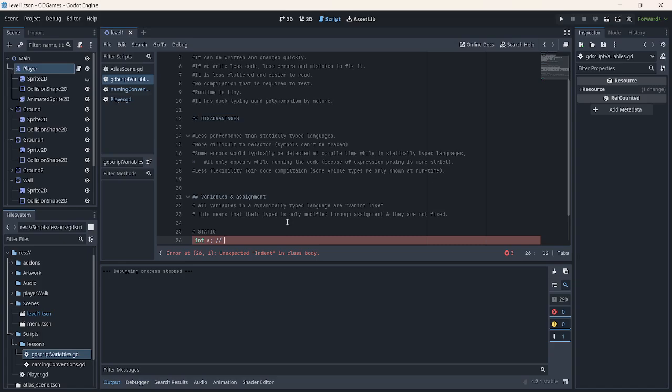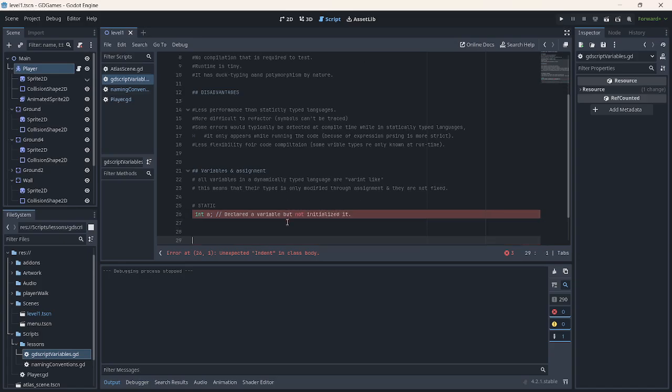So this means we declared a variable, but did not initialize it.